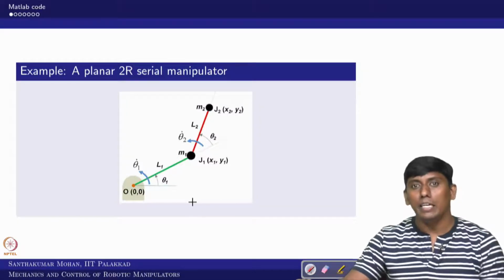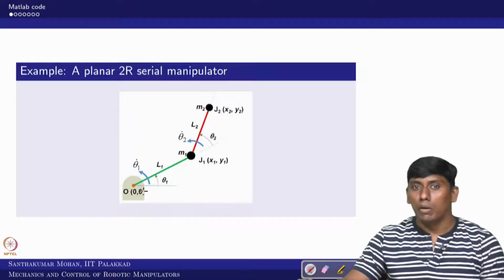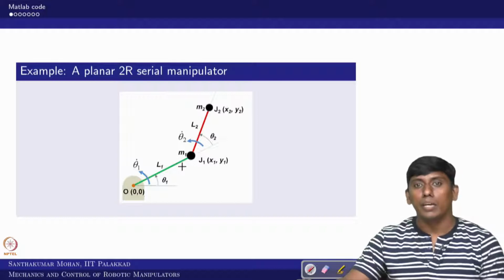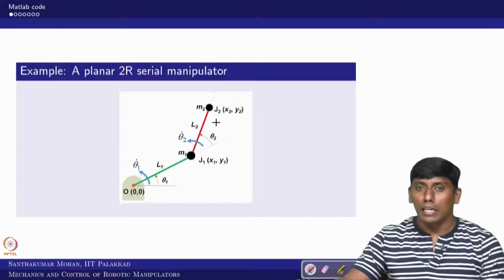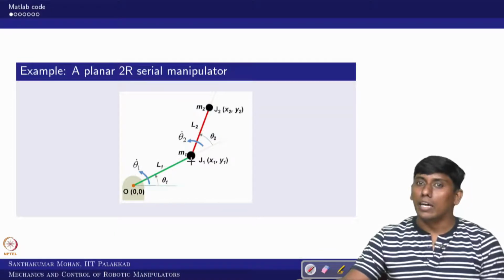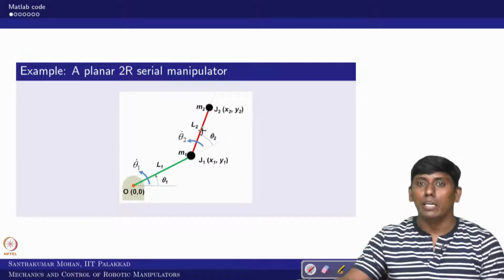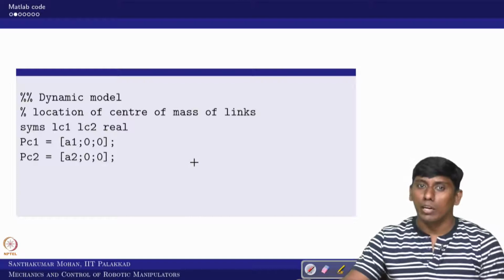Now if I see the centroidal location of link 1 from frame 1, along x there is an L1 distance, and y and z are 0, 0. Similarly, the centroidal location of the second link with respect to the second frame is along x2 only L2, and all other axes are 0. So that is what we have derived.